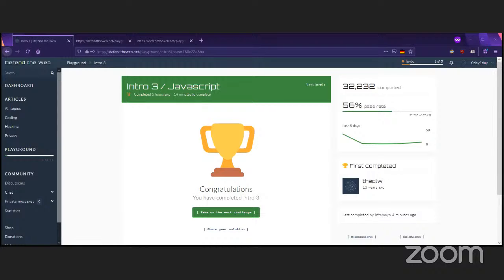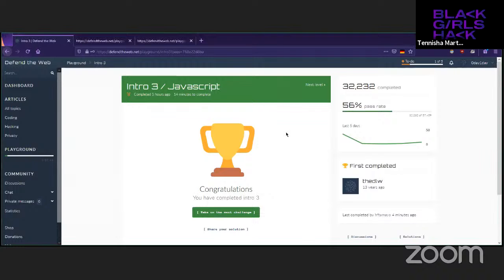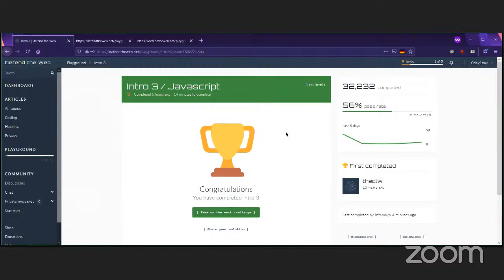Awesome, awesome. So that's how you solve level 3. If it was a little challenging, say again. I was just going to say my approach to all of these has just been to do a search for the word PASS. Yep, yep. That is definitely a good approach, because again, password is in the front face of the website.